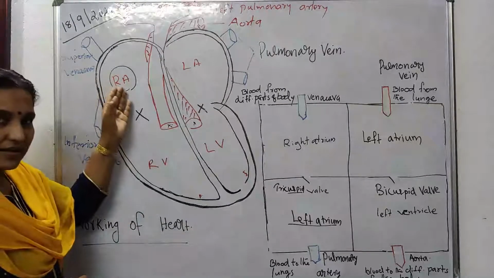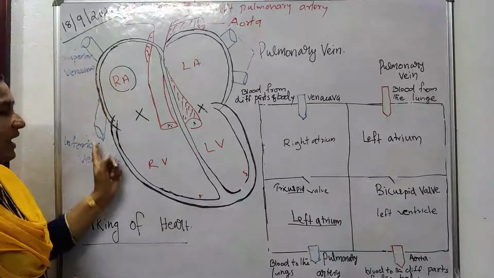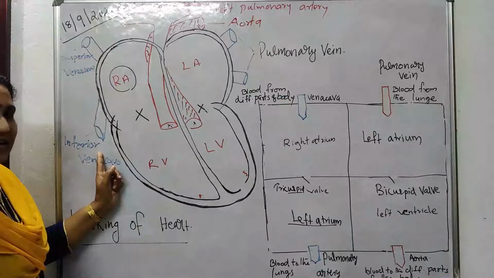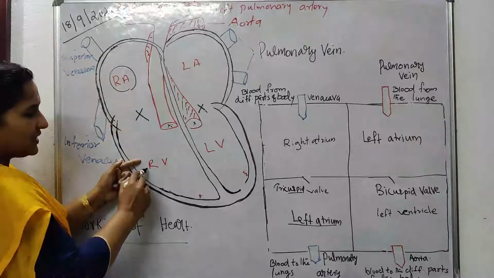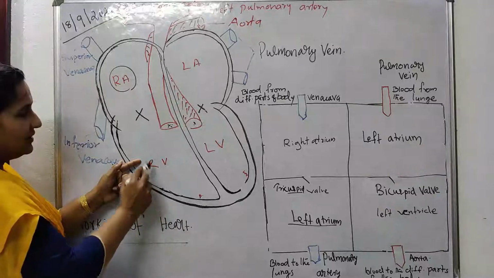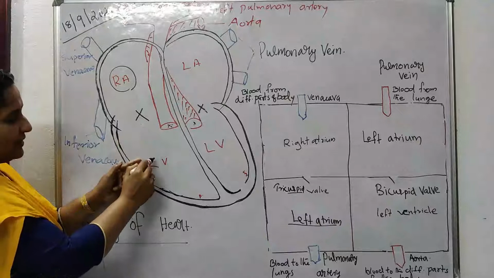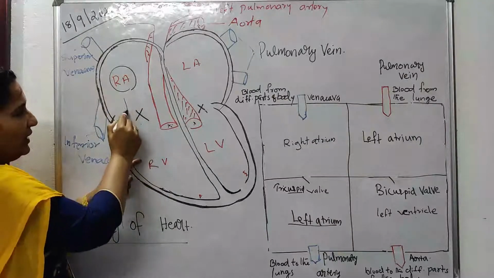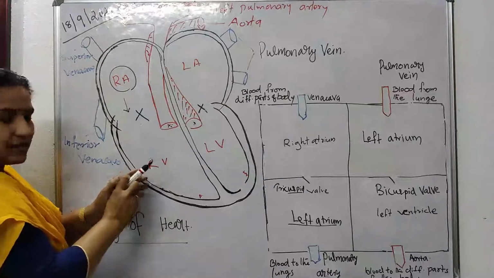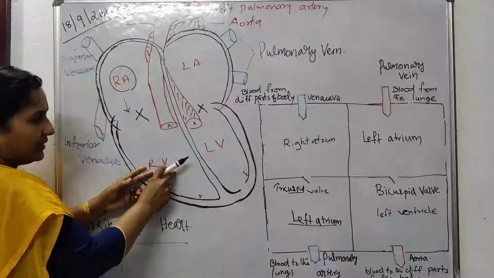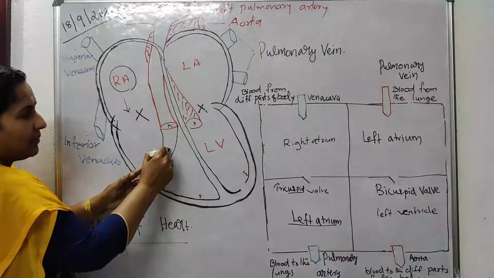The superior vena cava and inferior vena cava carry blood to the right atrium. Then once it reaches the right ventricle, the tricuspid valve closes so that there is no backward flow, the flow is downward only. Next, what happens? From here, the pulmonary artery carries blood to